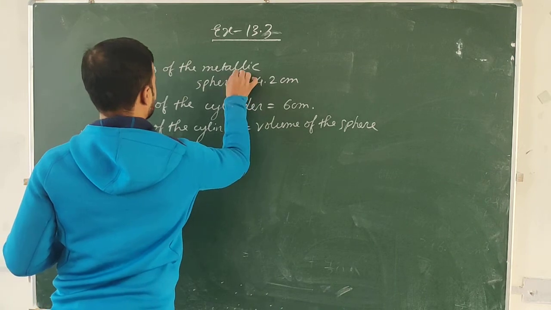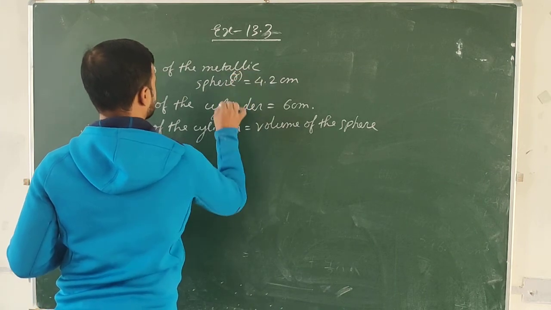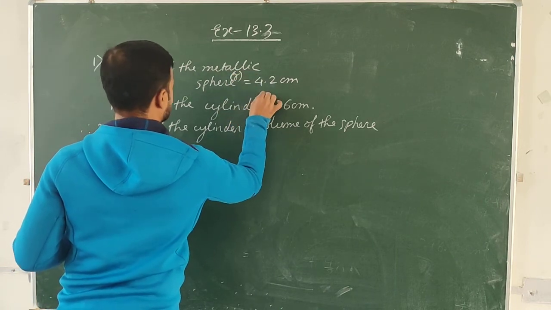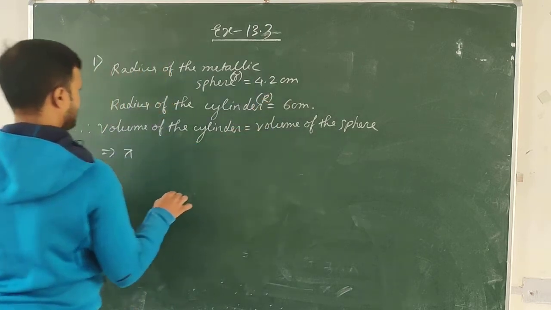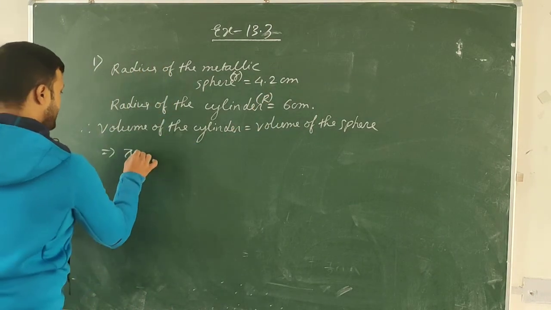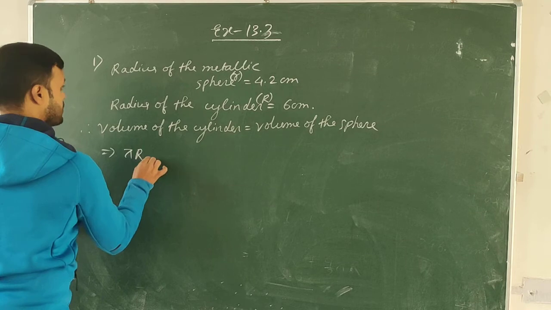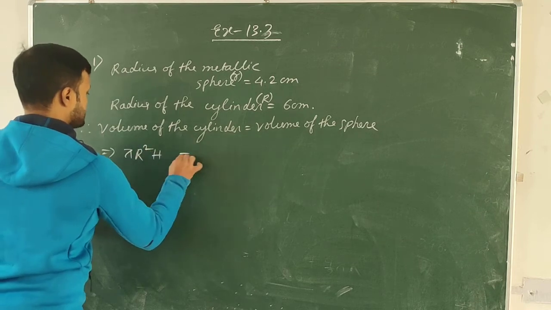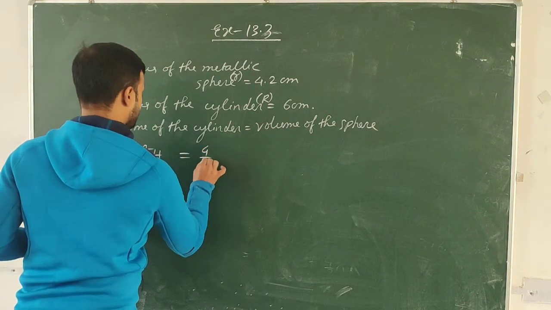Radius of the metallic sphere is considered to be small r and radius of the cylinder is considered to be capital R. Volume of the cylinder is pi capital R square capital H,